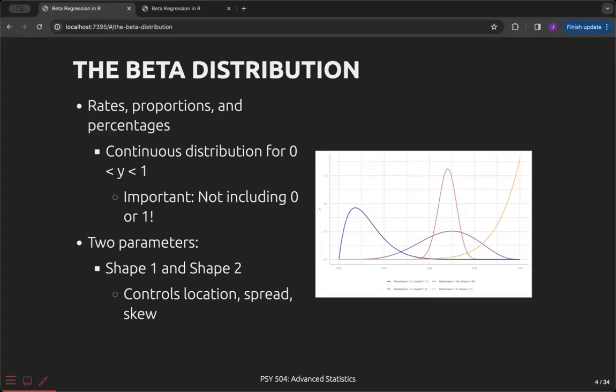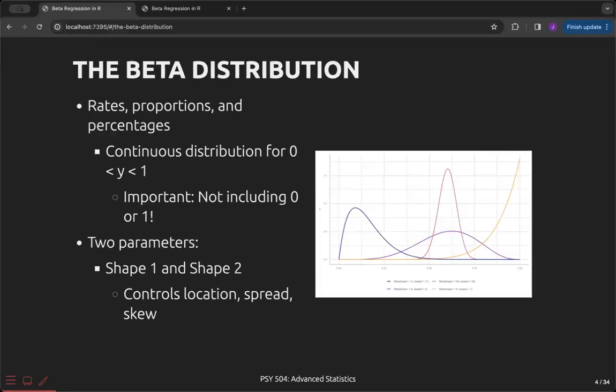It's quite common, and all of us have probably done this, to take that accuracy data, for example, and just throw it into a linear model and interpret the results that way. However, today I'm going to highlight an alternative to the general linear model approach, and that's beta regression. And in order for us to use beta regression, we're going to need to understand the